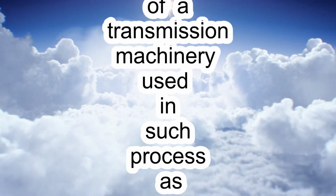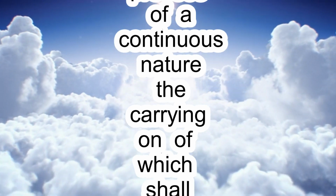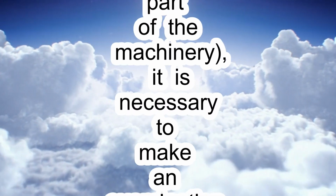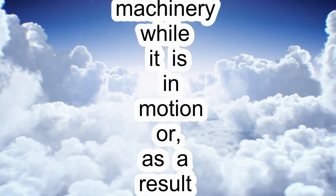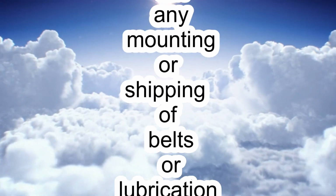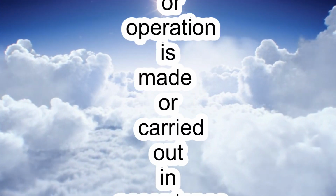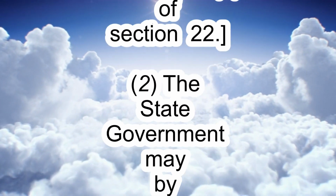or (ii) in the case of any part of a transmission machinery used in such process as may be prescribed, being a process of a continuous nature the carrying on of which shall be, or is likely to be, substantially interfered with by the stoppage of that part of the machinery, it is necessary to make an examination of such part of the machinery while it is in motion, or, as a result of such examination, to carry out any mounting or shipping of belts or lubrication or other adjusting operation while the machinery is in motion, and such examination or operation is made or carried out in accordance with the provisions of subsection 1 of section